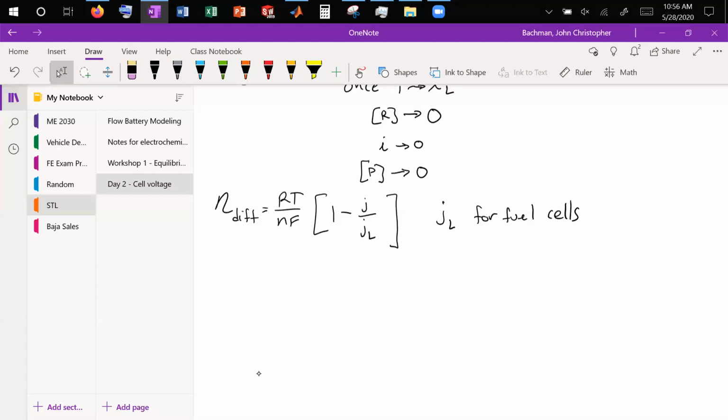So let's plug in our last one. This is our diffusion losses, right? And here we need our I sub L, our limiting current, right? And we said this was, let's put 3, and that's going to be amps per centimeter squared. So limiting,